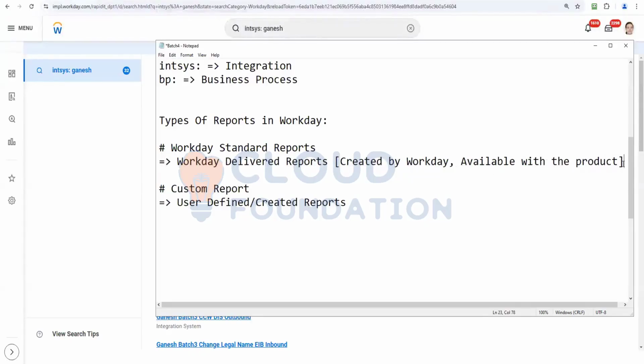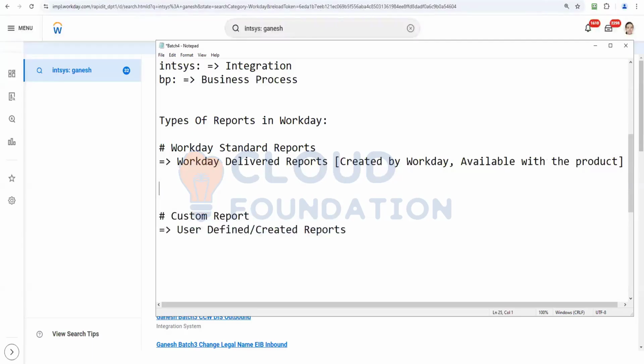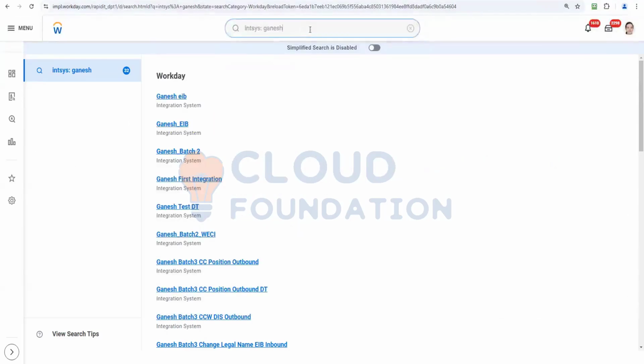To view Workday standard reports, whatever reports are already available in Workday, if you want to see all those reports, then the task to view is Workday standard report. If you go here and in the search box, search for Workday standard report,